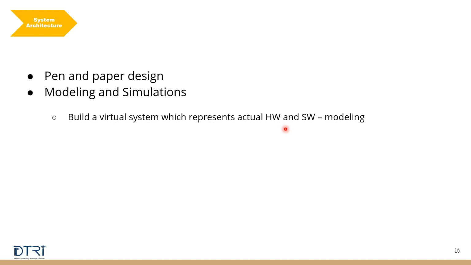Nowadays there are a lot of powerful software tools. So you build a hardware model there, you build a software model, then you say, okay, this is my system. From pen and paper, I have done it on a computer. It can be a very complex system, so you can't really draw everything on pen and paper nowadays. That's why you need a powerful software tool. And the other thing is,